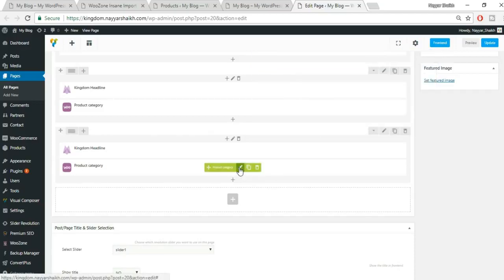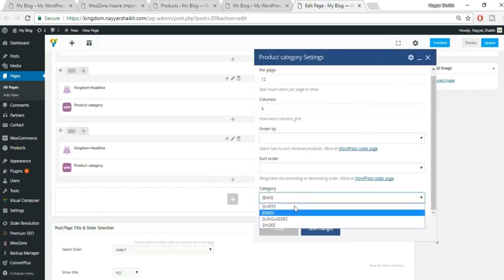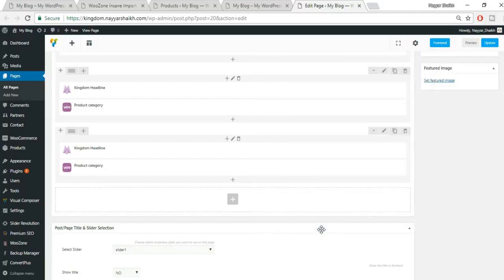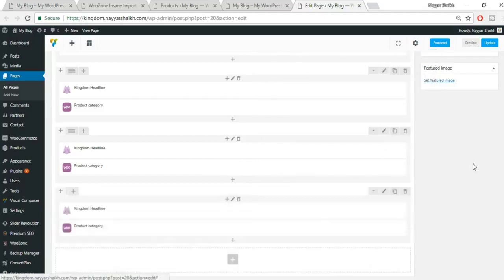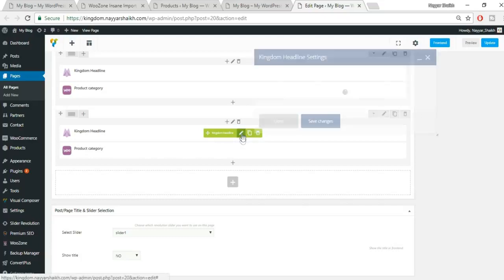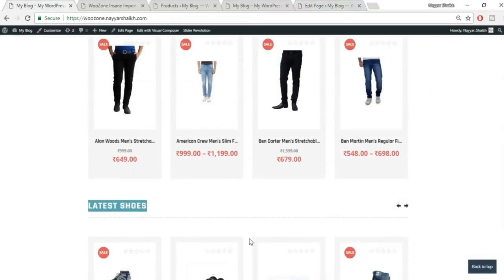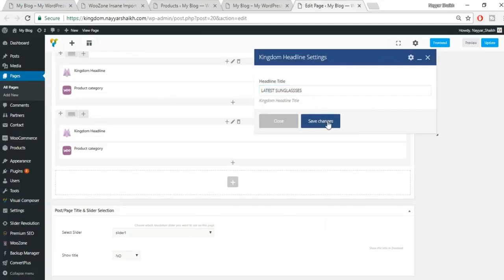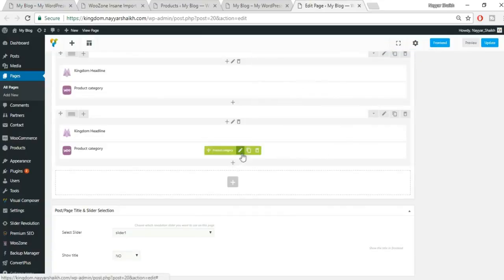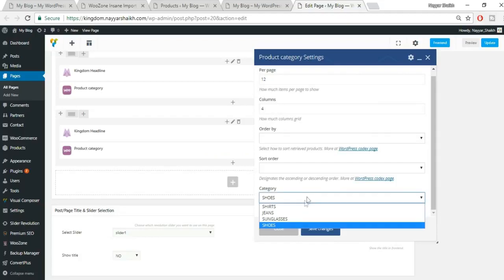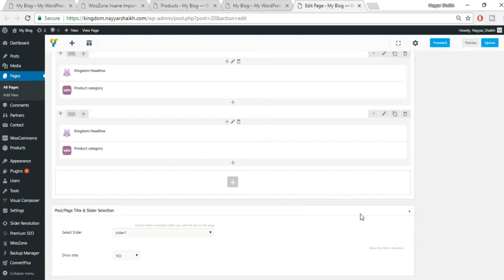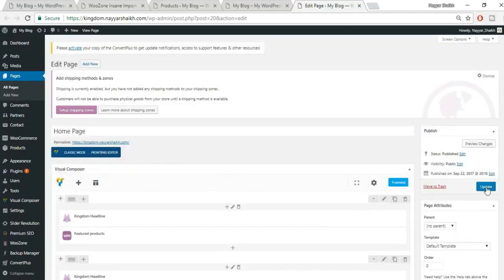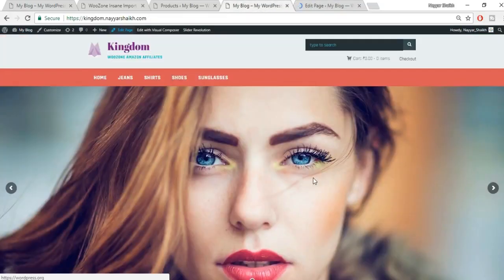Now let's also change the category to shoes instead of jeans or whatever you have. Again clone or copy this thing, again change the title to latest sunglasses. Save changes, again change the category to sunglasses. Click on save changes, click on update, and come back to your website where this is the one,